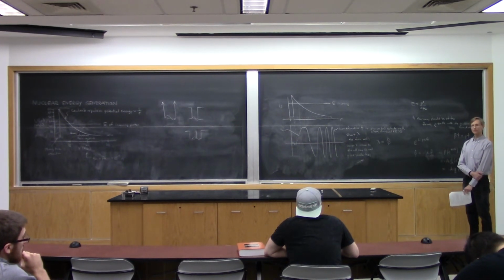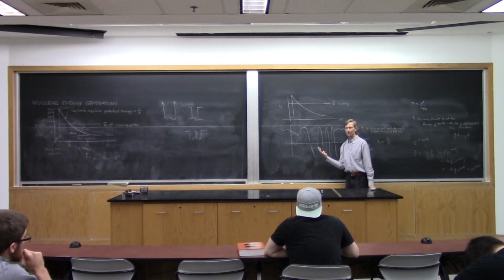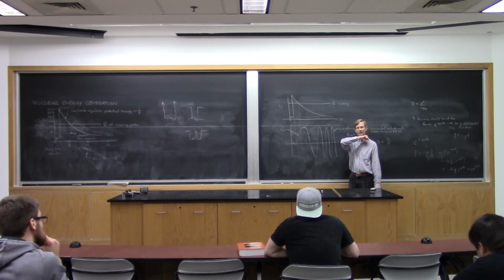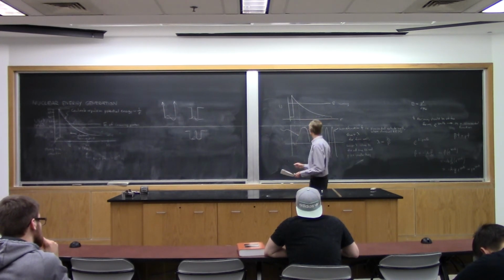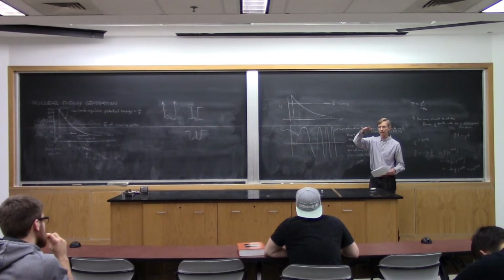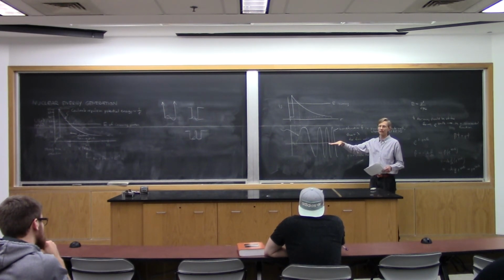I'll be lying a little bit. Outside the well, where the classical kinetic energy is positive, you expect to see a complex exponential wave function. Now, strictly speaking, the potential has to be constant for it to be a complex exponential. What we're alluding to, without saying it, is what's called the WKB approximation, where you say, okay, I'm